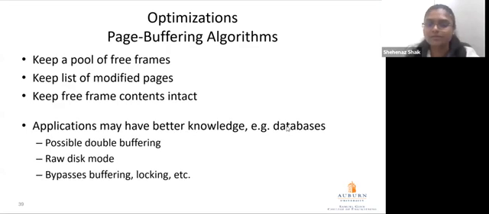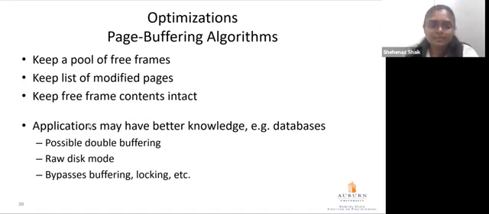For example, we have database environments which may perform some kind of pre-paging, okay, where it predicts what pages may be accessed by the database environment, and it requests those pages to be brought in from the backing store into the main memory ahead of time, before the actual page reference is made, so that whenever the page reference is made by the database, or the corresponding application, we already have the required page in memory, so it will be an in-memory access rather than a page fault. Okay,